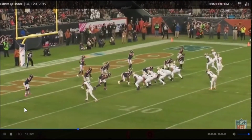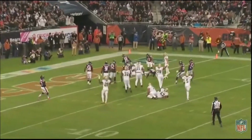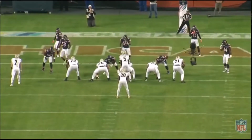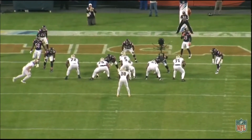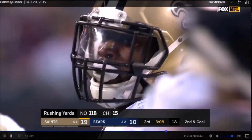And you throw the ball to Taysom Hill, who says he squats 620 pounds, and I believe it. This dude's a monster. And people say he's a gadget player. People were talking a lot of smack last year, but I mean, dude's got 2 touchdowns and a lot more coming, especially when Drew Brees comes back and we're able to play with our backup quarterback catching passes